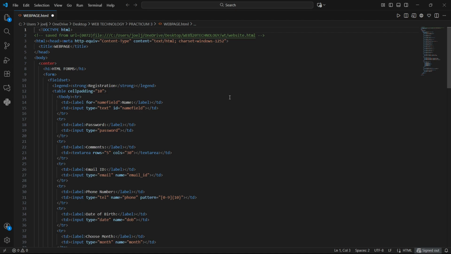content, and I used the title tag for the title of the page, and I closed the header section, and I opened the body section, and I used the center tag to align the elements properly, and I used the h1 tag for headings, HTML forms, and I used the form tag for a